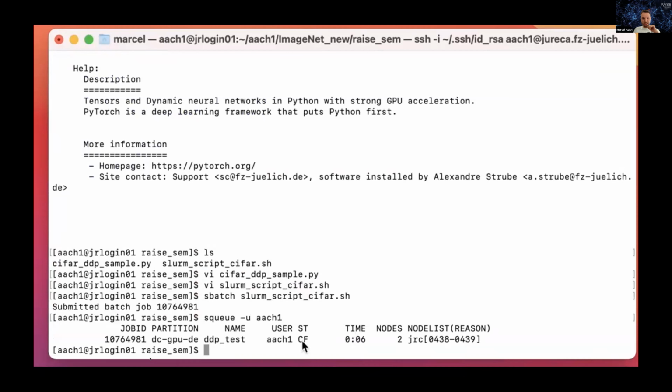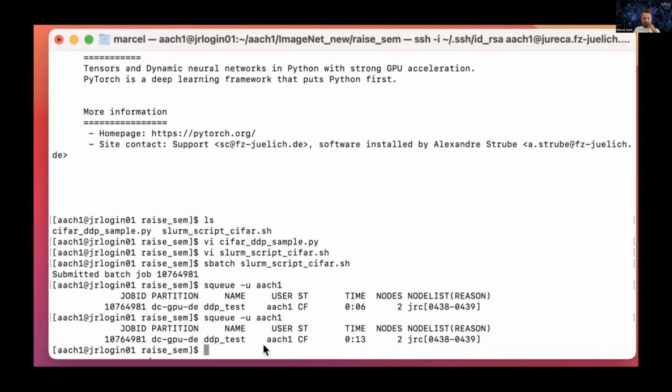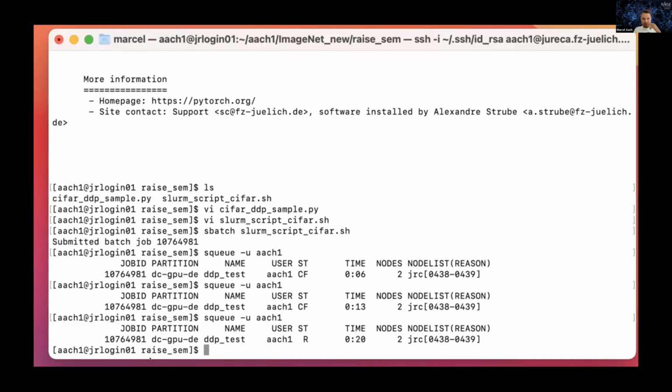Configuring means that the job is configuring, loading the module, starting up, still configuring after 13 seconds. And now you see that the status is running. So that means that my job is running and the computations are taking place.